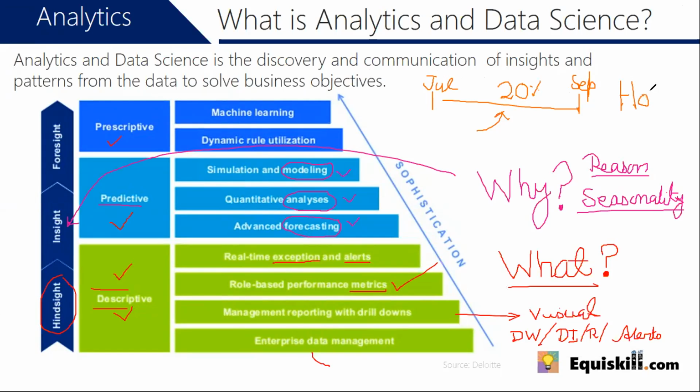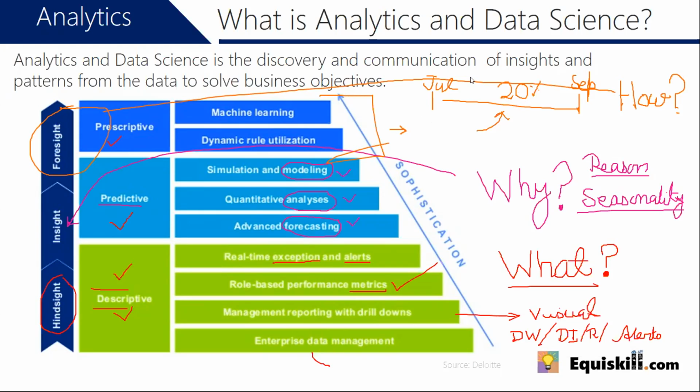And if you look at the question of how to proceed going forward in the future, you're really asking about foresight. Okay, and how do we prevent this from happening next year? This is where you use things like dynamic rule utilization and machine learning to run business in a better way, by having foresight about a particular situation and knowing how to proceed with that situation